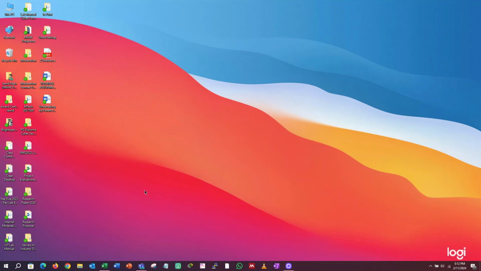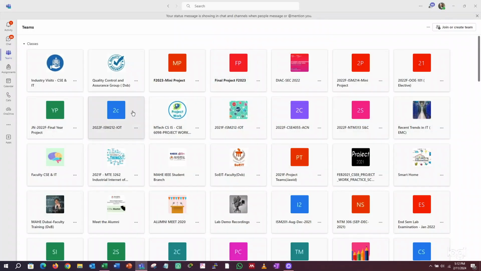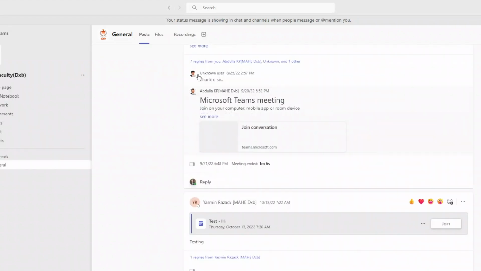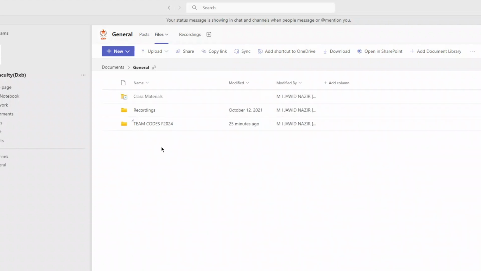First you log on to MS Teams with the official email ID. Once you log in, you can see a lot of teams as per your previous creations. You can find one team named SOEIT Faculty DSB. Just click on it. Once you click, you can click on the files. In the file section, I have one folder called Teams Code